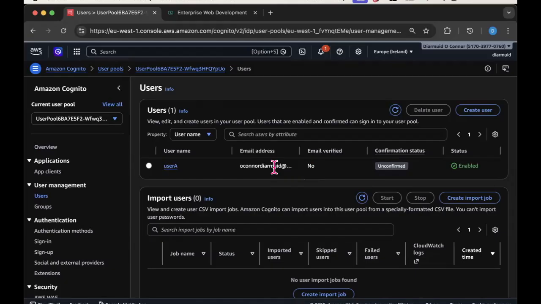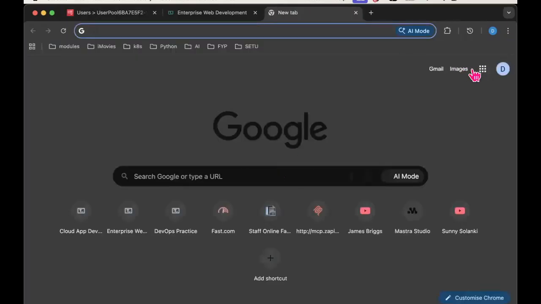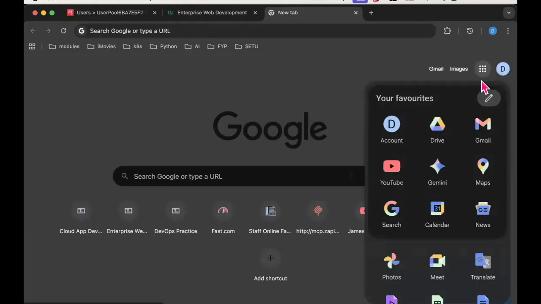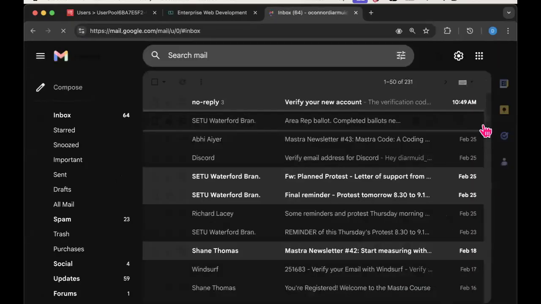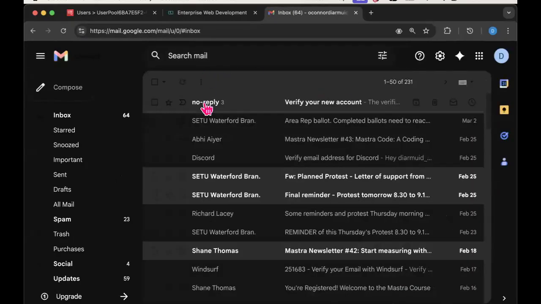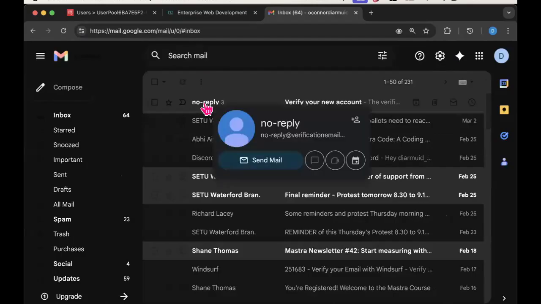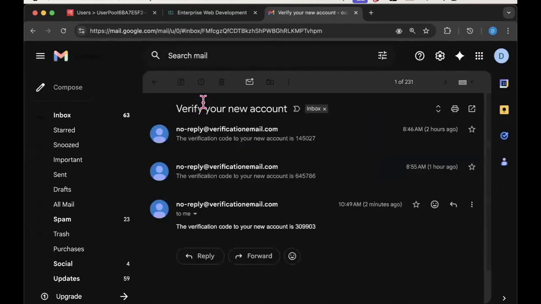You know, that's what we typically do in a lot of cases. So if I now just open up my Gmail, I can tell you this is the email that was sent to me by Cognito. And here is the code. I tested it earlier on. So here's the code. This is the most recent email that I got. So I need to take that code